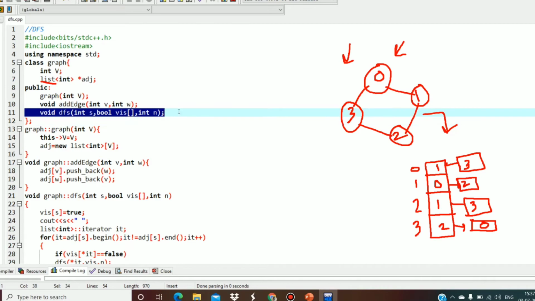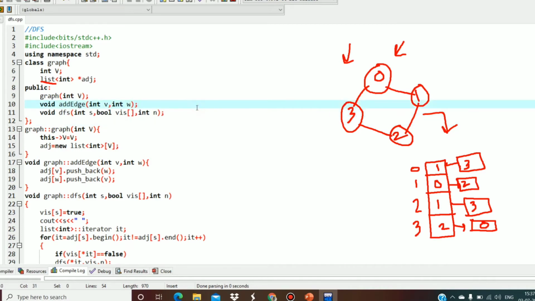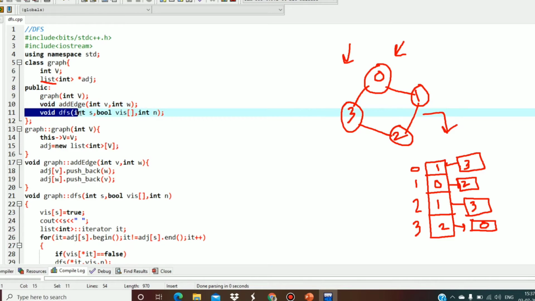In my previous videos, I have already explained how we can implement a graph from scratch using an adjacency list, but right now the main focus will be on this DFS function. The DFS function will be a recursive function, because we know that in order to implement DFS of a graph we need to use recursion. In my previous video, I explained the DFS tree, and how we can use the stack data structure to print DFS of a graph. So right now we'll be concentrating on how to write the code.